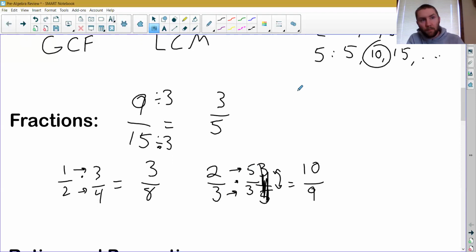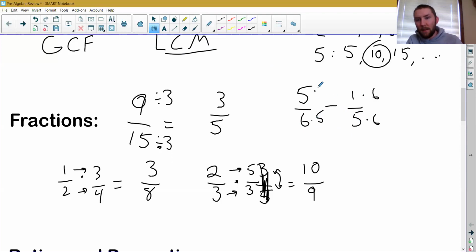For example, if you have 5/6 minus 1/5. Okay, 5/6 minus 1/5, we need a common denominator first before we can do any subtracting. This is where least common multiple came into the picture. We need the least common multiple of 6 and 5, which ends up being 30. So we do 6 times 5 to make 30, and we do 5 times 6. Then we do the same thing on the tops that we did on the bottoms, and we end up with